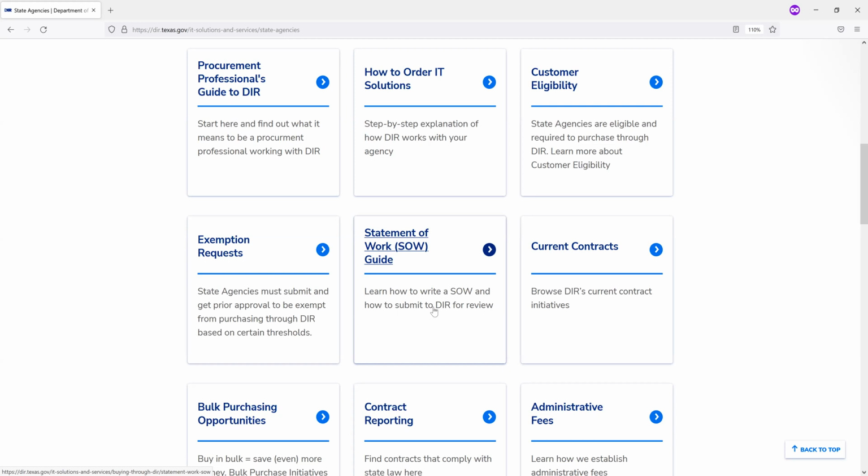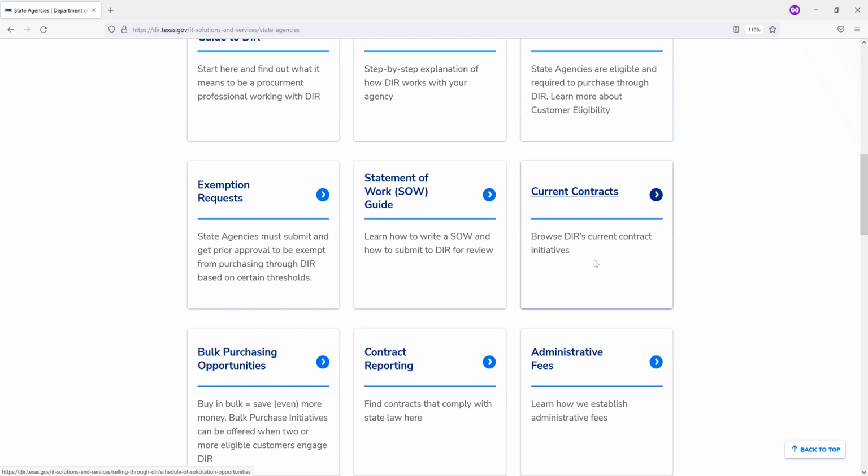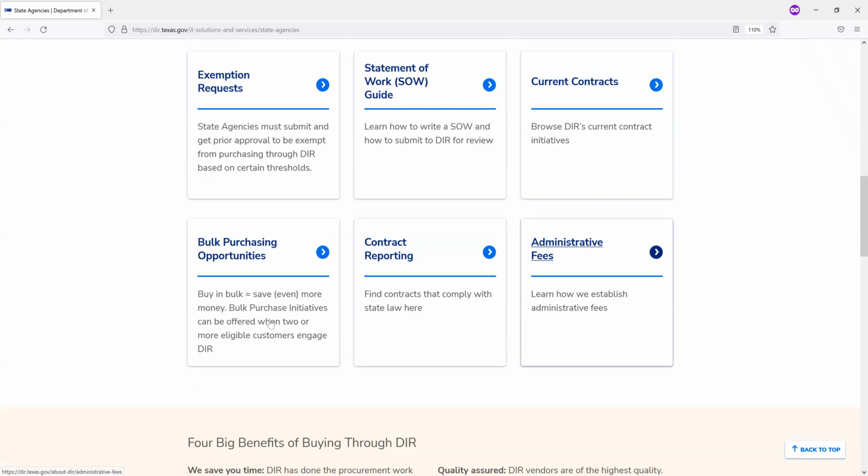This is just a link to our contracts page. We have how administrative fees are calculated for each of the contracts. And I also wanted to bring up bulk purchasing. As you know, we have bulk purchasing opportunities that are either ongoing or those that are expiring. So just be sure to check out that page.